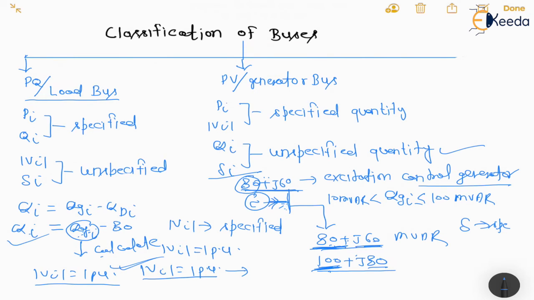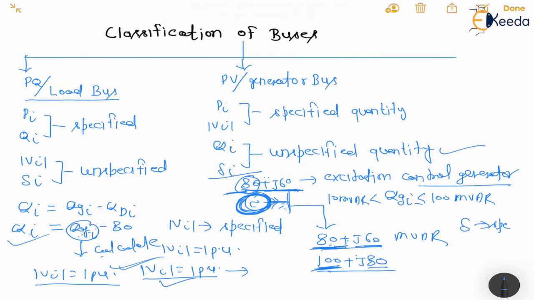Now what we can change is, if our load was 80 plus j60 and the power generation was 80 plus j60. In the first case we have taken V equal to 1 pu. At the second time, after the load changes, let us assume we have to maintain the voltage at 1.2 pu. So it is specified beforehand that 1.2 pu has to be maintained. So the excitation will calculate the reactive power generation according to the voltage we have to maintain. So this is another point.